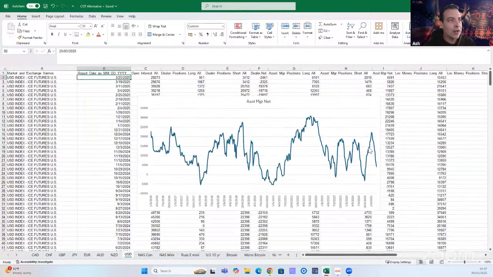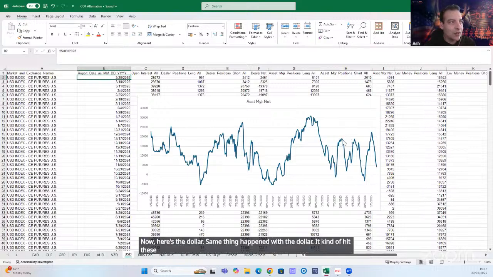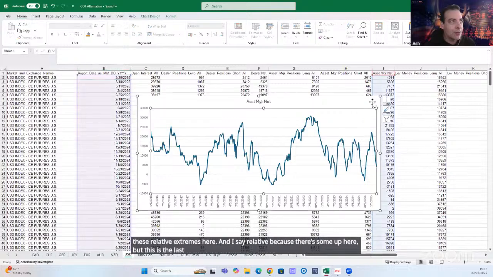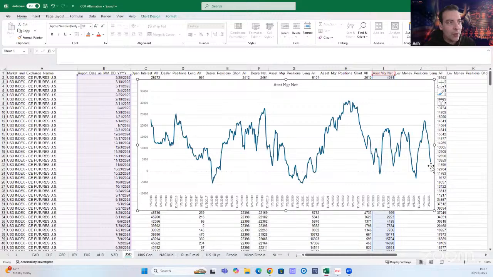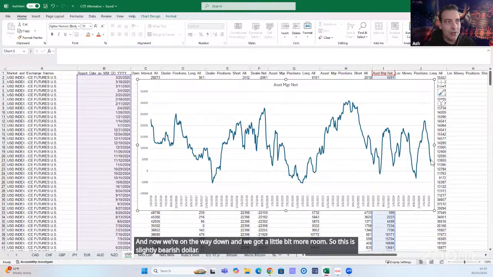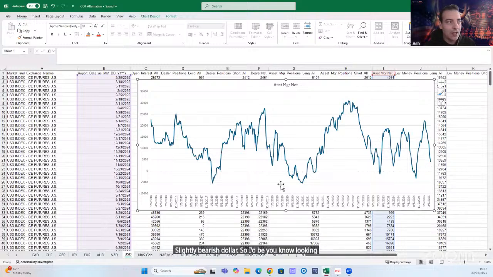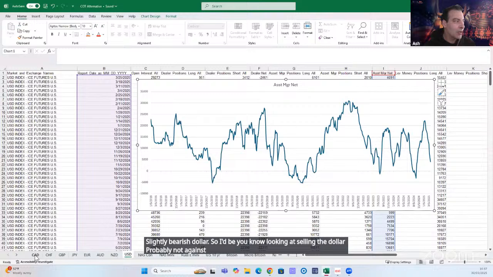Now here's the dollar. Same thing happened with the dollar. It hit these relative extremes here, and I say relative because there's some up here, but this is the last time it refused that level. Let me make that a bit bigger. And now we're on the way down, and we've got a little bit more room. So this is slightly bearish dollar. I'd be looking at selling the dollar, probably not against the Aussie,